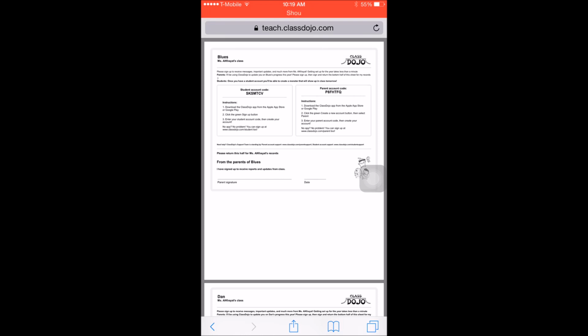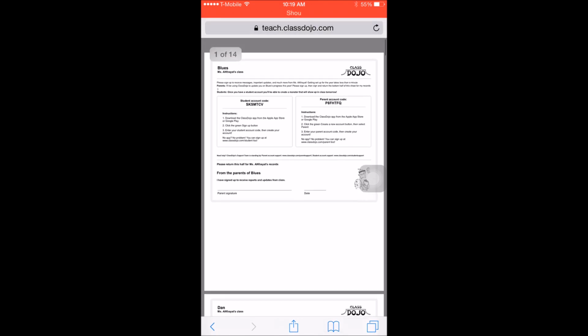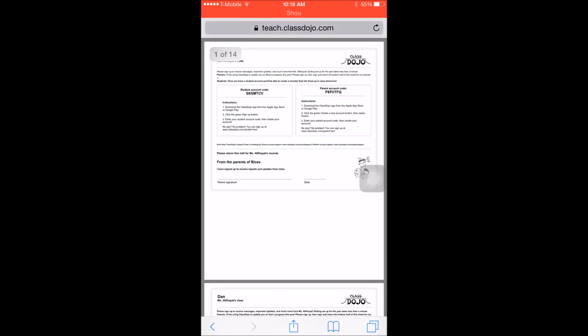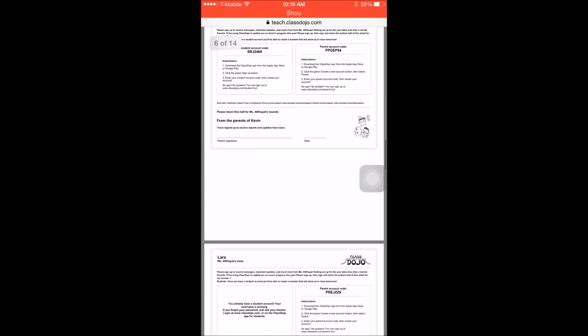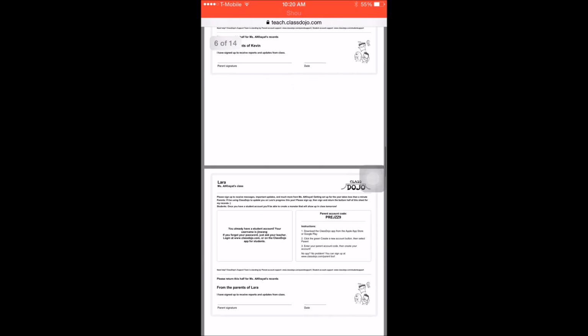So parents sometimes need to know about their kids' progress. So you give each student these papers, and they give them to their parents, and they have to follow the instructions. As you can see, this is Dan, that's Diesel. Of course, these are not my students' real names. John, Kevin, okay,